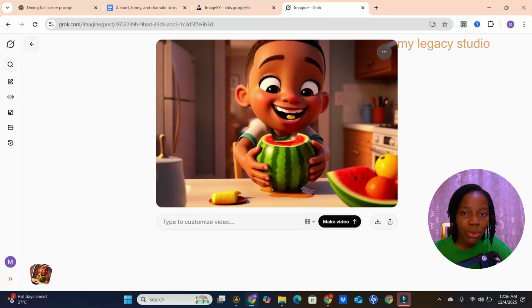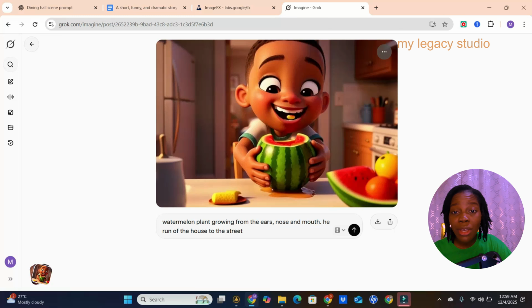Now the next thing you want to see in this frame is the watermelon plant growing from the body. Okay, so now the next thing we are going to do is to enter another prompt, what we want the character to do or what we want to see after this section. So this is the next prompt: watermelon plant growing from the ears, nose and mouth. He ran out of the house to the street. So let's hit the generate button to see if what we are imagining is what we are going to